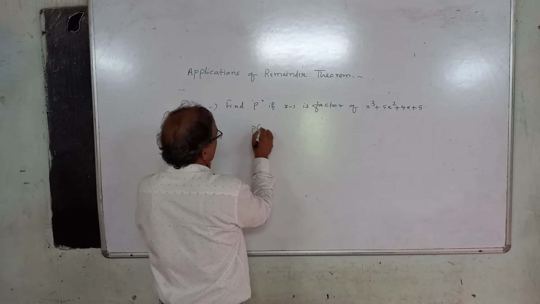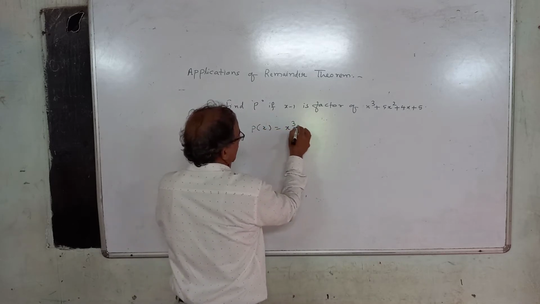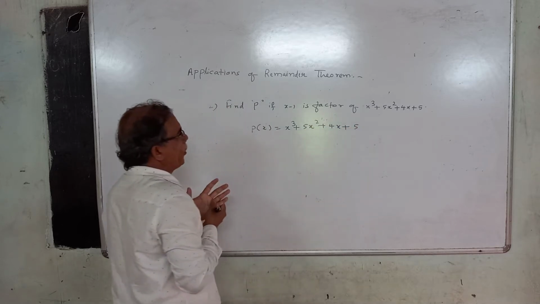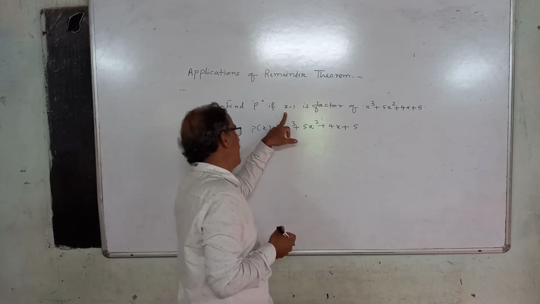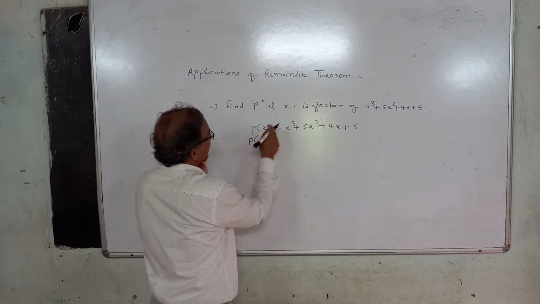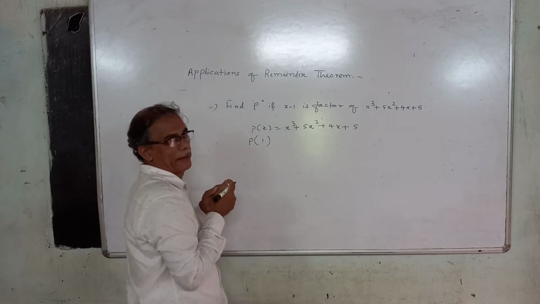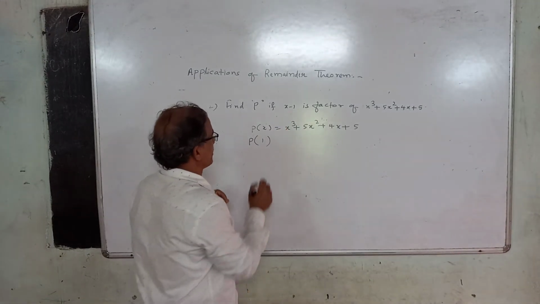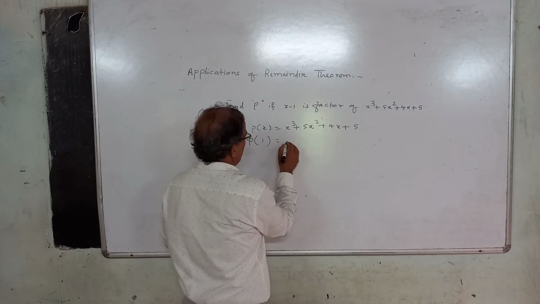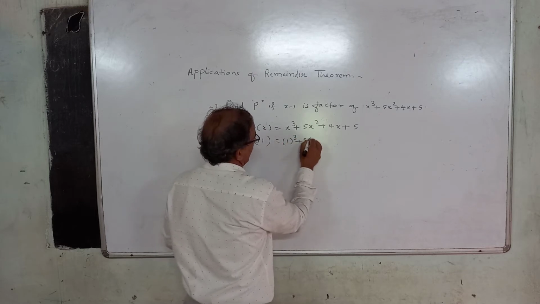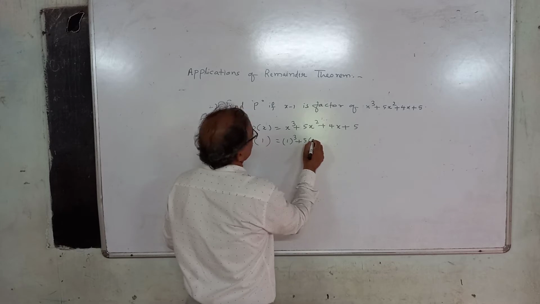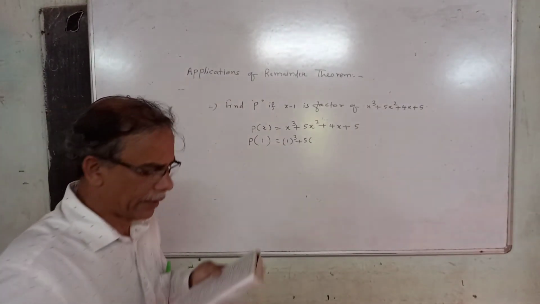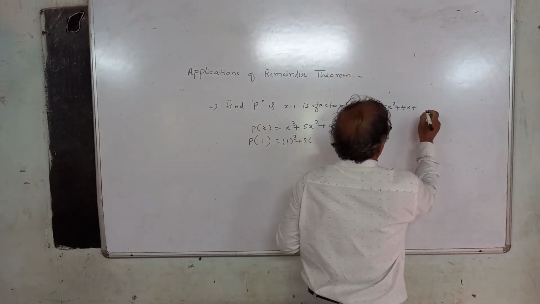What is the remainder? That we have to see. That means now what is given? Px is equal to x cube plus 5x square plus 4x plus p. And if we want to find the remainder when it is divided by x minus 1, we have to find the value of polynomial at x is equal to how much? Plus 1. See, we are finding remainder, so substitute just the opposite of that. So p of 1 is equal to x cube means 1 cube plus 5 into 1 square plus 4 into 1 plus p. Something was wrong, so it is p, not c.